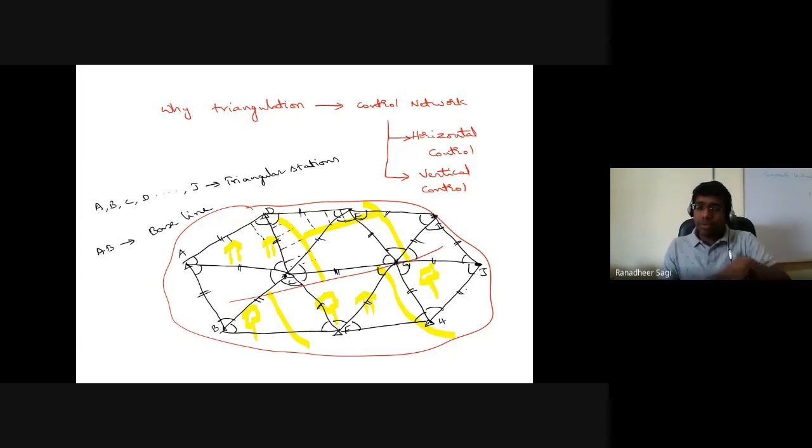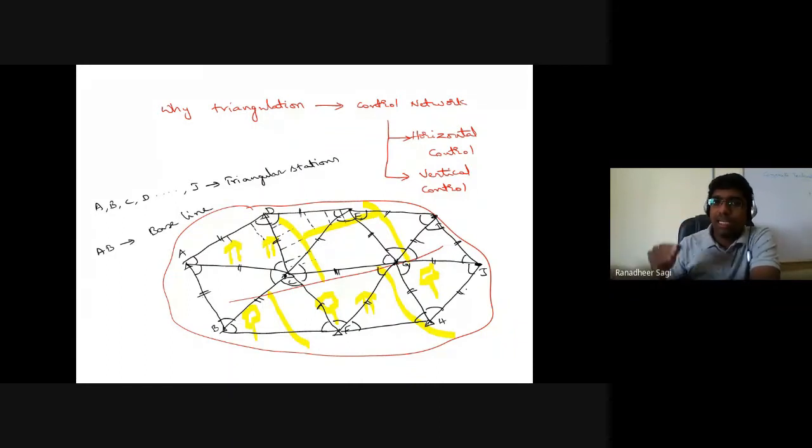Okay, so when you are trying to carry out this control network, and when you are going to carry out your subsequent identification of various information that you have got in that particular survey field, like understanding the offsets data to locate the position of the houses, or maybe trees, or maybe any electrical poles, or any buildings, any roads, or any drainage network. So all that information you can try to collect with reference to any of the control lines that you have represented in that control network, or by making use of any of the control station positions. So whatever, you can go on to identify the positions of various aspects that you have in your field.